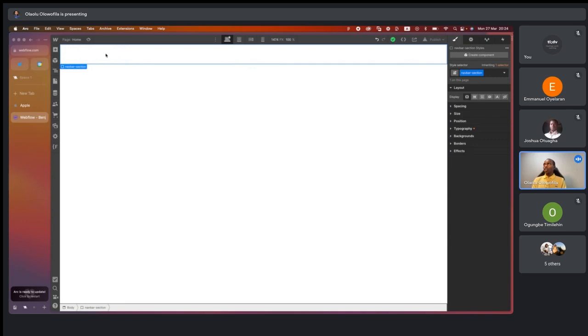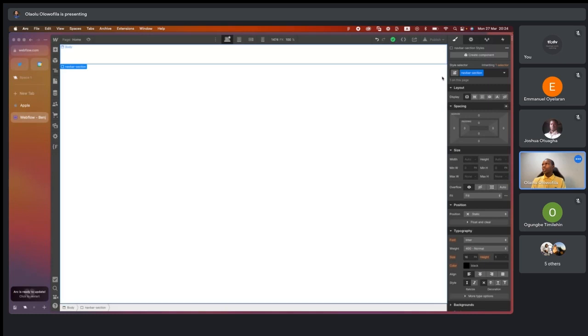So inside this nav bar section, what I'm going to do is, let me come here and expand all of this. So inside this nav bar section, I'm going to give it a width. And what width do I want to give it? I want it to take 100% of this viewport. So I will type 100 percent here and click enter. So you can see that it has disappeared,